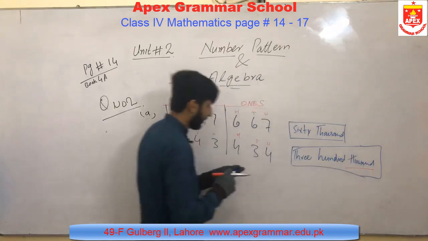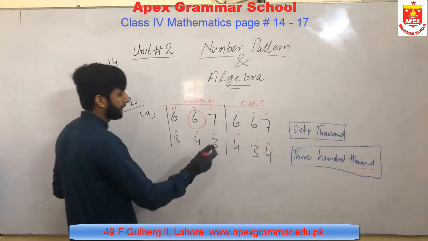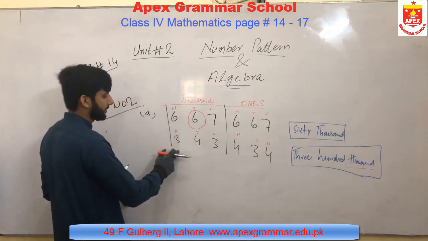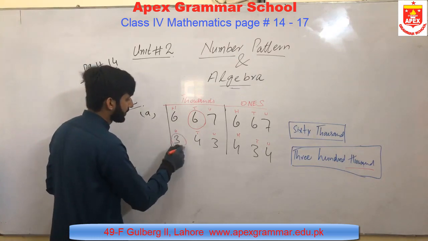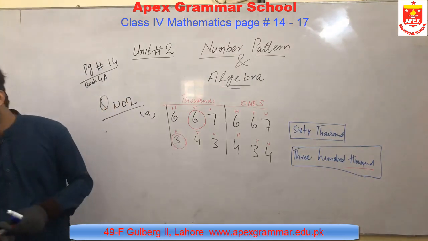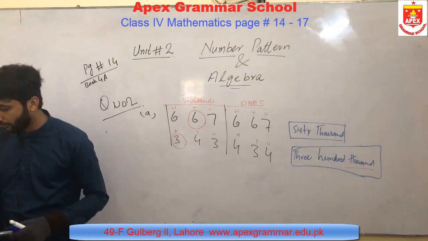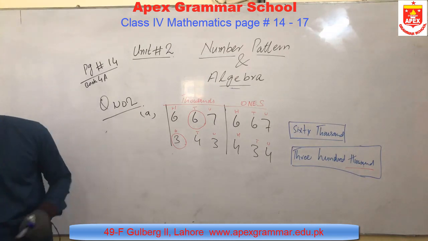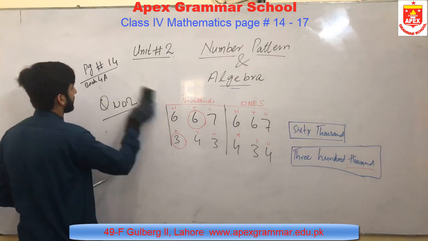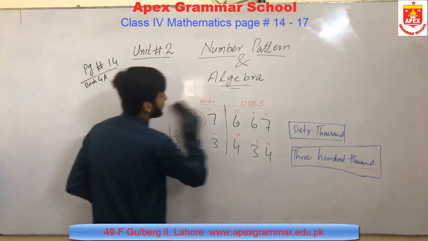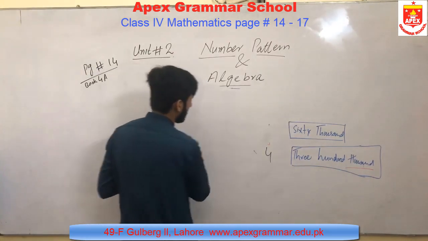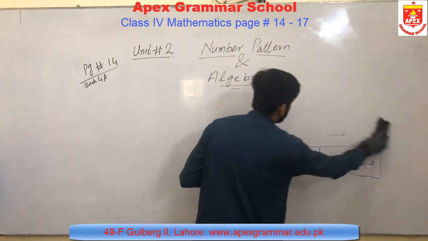I have no concern on the one side. So 300, this is unit, this is 10, this is 100. So the correct position is 3. Remaining 4 parts are for you. You have to solve by yourself on your book. All these questions are on page number 14 for 4A book Macmillan.